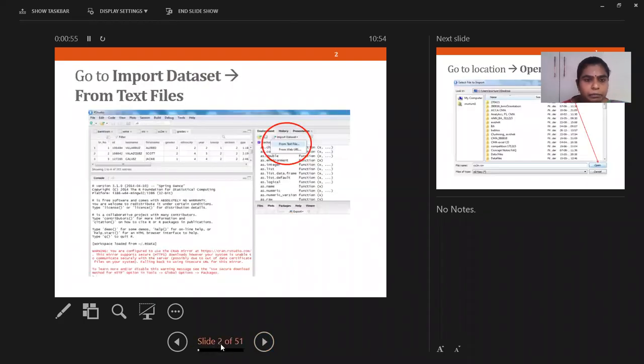In the last class we did how to retrieve the data set. Any doubt in this? Are you able to retrieve the data set using the import data set option? Have you tried? We tried yesterday. If any doubts are there, you can ask me. Okay, I'll quickly move on.